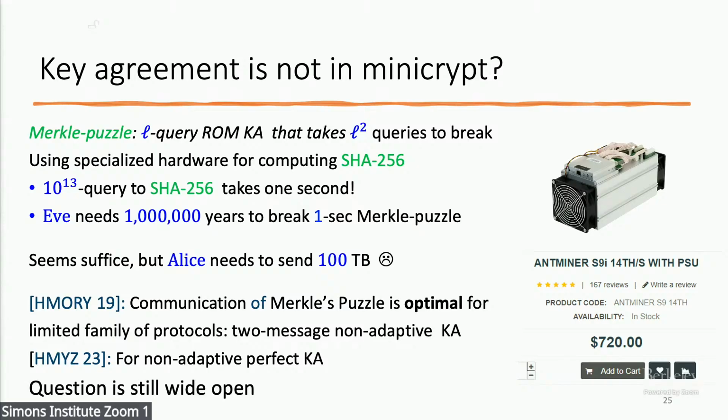As far as we know, there might be key agreement with a quadratic gap, which has very small communication. If you only care about the number of queries, a quadratic gap, given today's hardware, suffices. You can have a protocol that is sufficiently secure: you spend a second, and the adversary has to spend